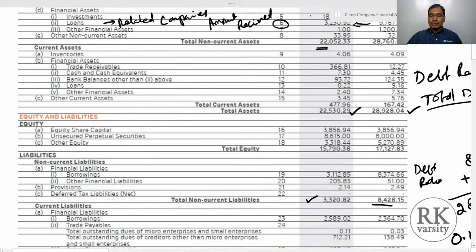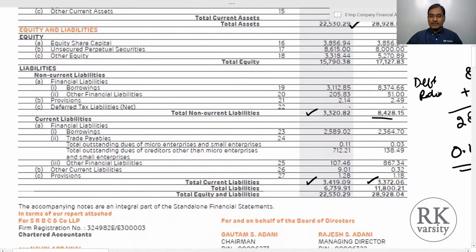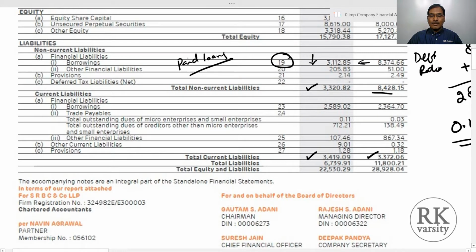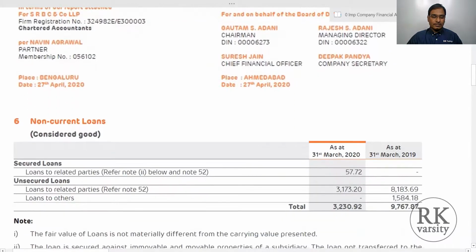Similarly, when it comes to the liabilities part, if you observe here, the borrowings under financial non-current liabilities, again there is a decrease. This decrease means the company has paid loans. These paid loans, again, when observed from the notes of the balance sheet, are to the related companies. Because of which there is a huge decrease in the total non-current liabilities, and current liabilities have not been affected much. So to know more detail about this, we look at the related notes here.